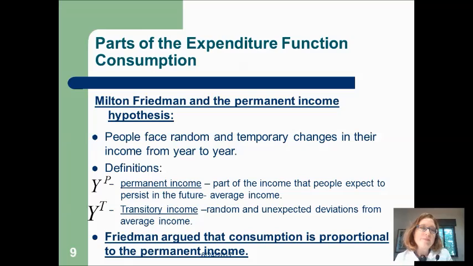So the idea was that people consume some proportion of their permanent income, and they do not change their consumption when transitory income occurs. So if you get a bonus, he said, you're not going to consume a big part of it. You direct it into savings, because you make the consumption decision according to your permanent income. But if you were all of a sudden laid off, you will live off these savings, but you will not reduce your consumption in a very radical way. So that was his idea.